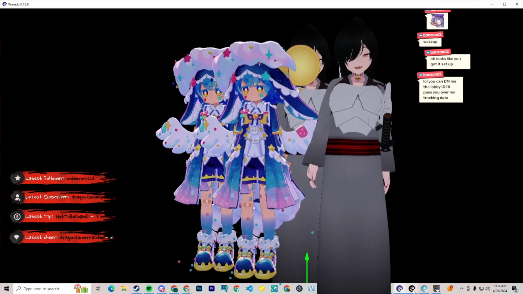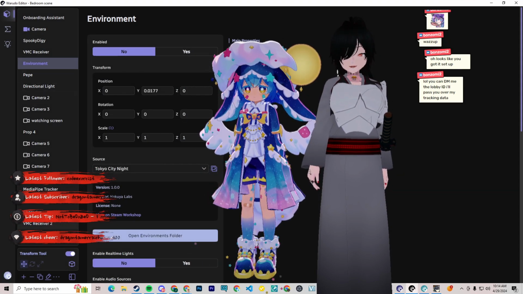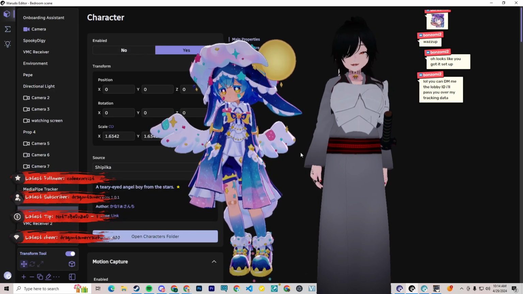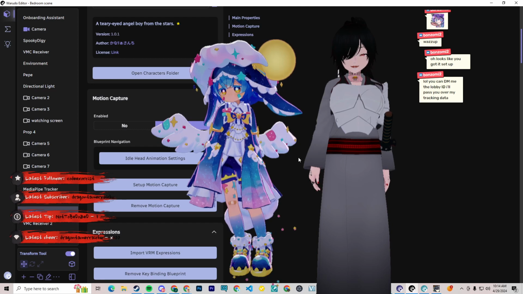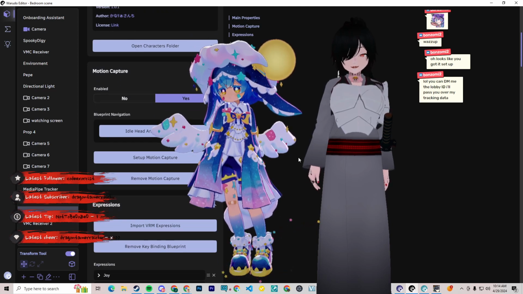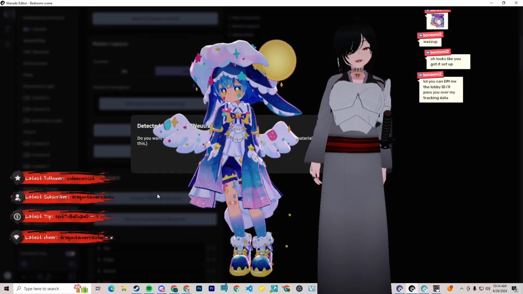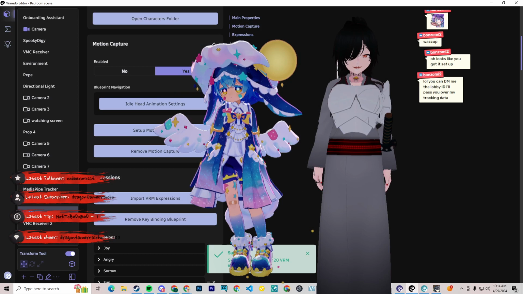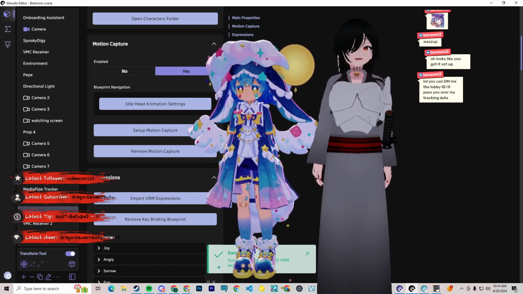Okay, hold on. Let me see your Warudo, and then let me see your Shipilka character. Scroll down. Import VRM expressions, I guess. Yeah, that's where we ran into it. Check it, non-empty neutrals. Yeah, just leave that. Successfully imported 20 VRM expressions, not 52.